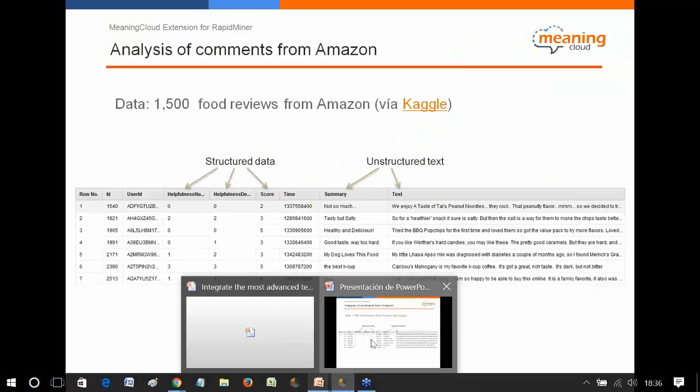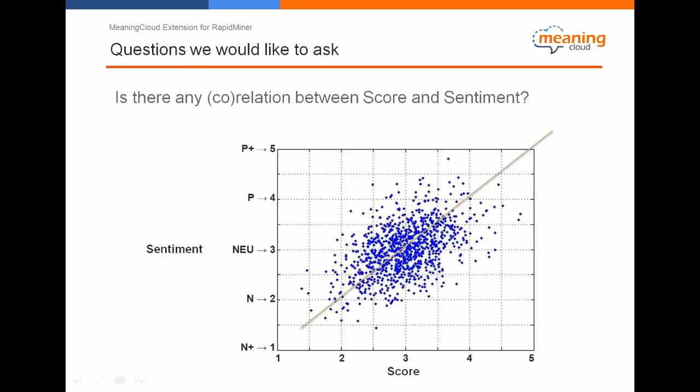For example, the first one will be from a combination of text and data perspective. One of the first questions I can ask is, is there any relationship between some of the structured attributes and the unstructured attributes? For example, is there any relationship between the score of the comment and the sentiment that I have found on the comment, which in statistical terms takes us to the calculation of a correlation between both attributes.